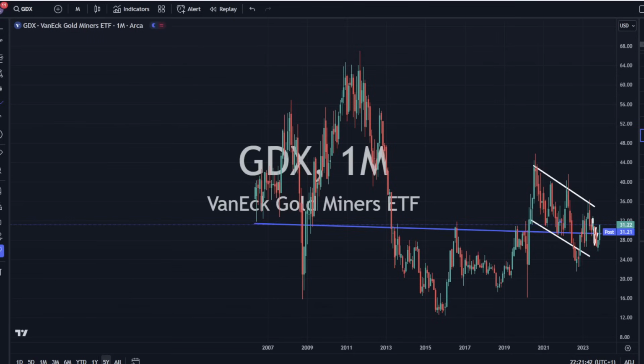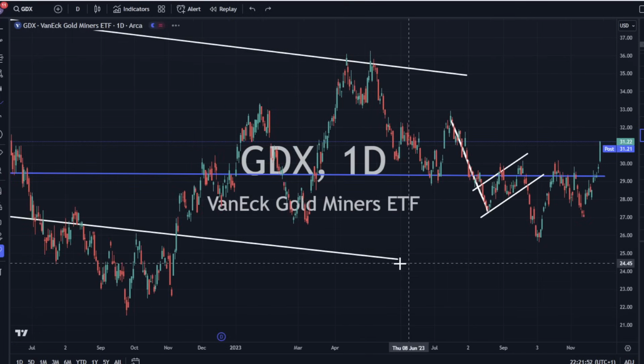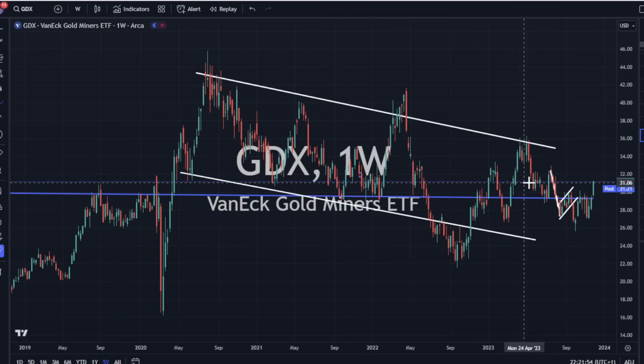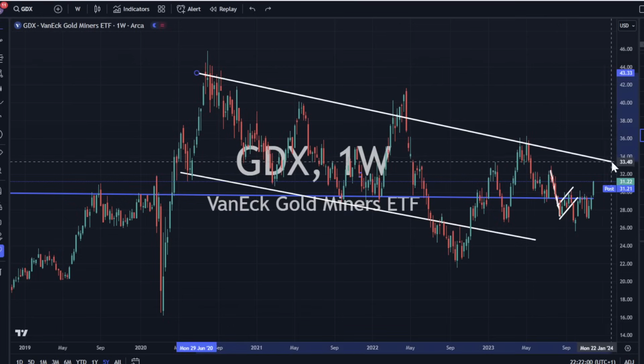So GDX, we're ripping through resistance, guys. There's our resistance, that blue line. We ripped through it, and here we are leaving some of that resistance. Gold's starting to break out. People are starting to get a lot more positive, and we are going to probably try to break through this